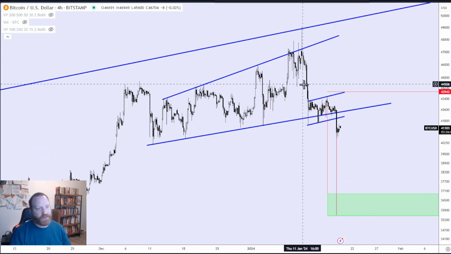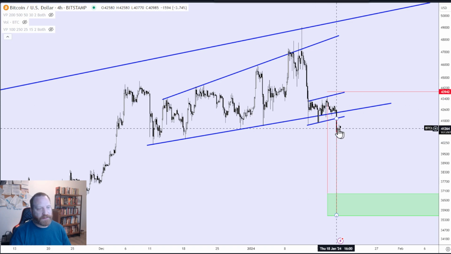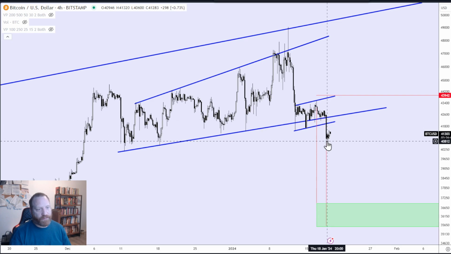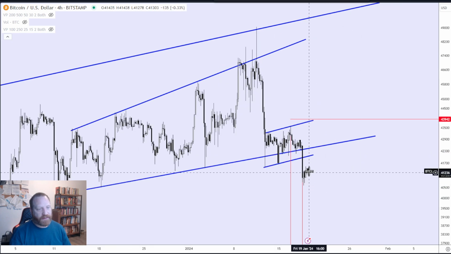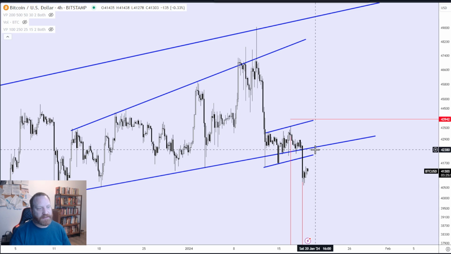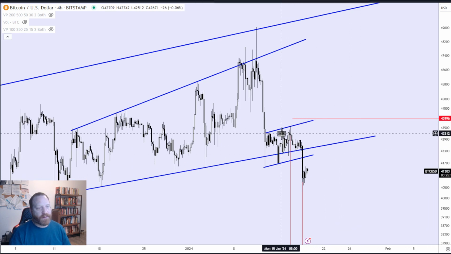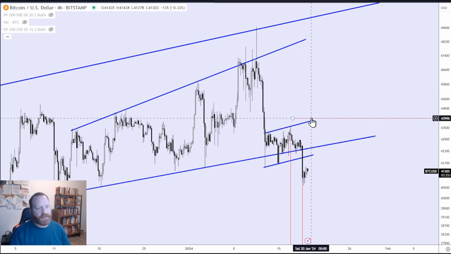I would probably have shorted more towards the middle, but that's a different topic. But let's say I'm short here and I see it breaks on the downside, then I think it's going to come and test this. So my first stop would be above this structure, because if ever price goes back up,